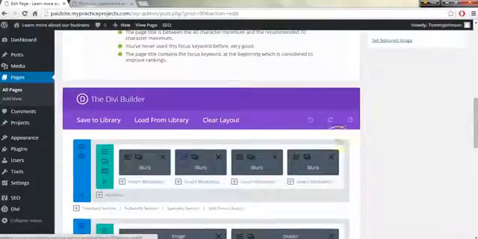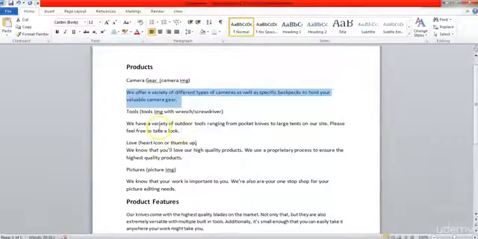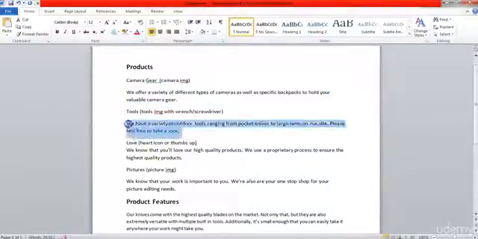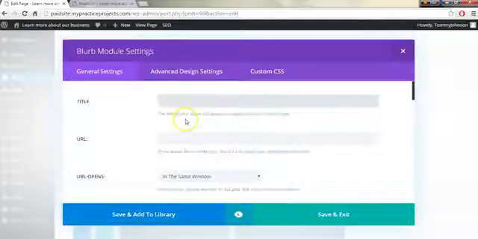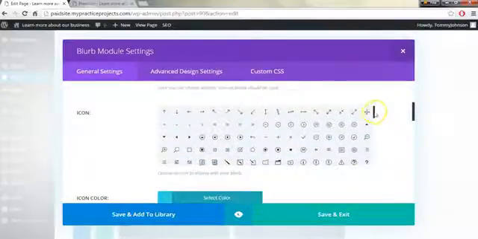You don't have to copy me for this site. You can make it your own, which I suggest doing, especially if you have a business already in mind. Now the second element we're going to add, I'm going to call it tools, and I have a little note that I want to use the image with the wrench and the screwdriver. So here I'll just call this tools, and I'll go down, use icon, and I'll look for the one with